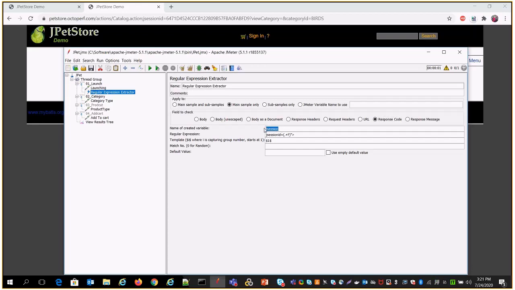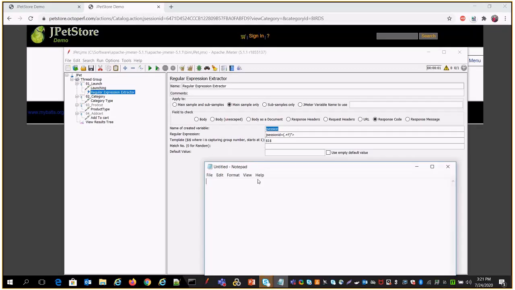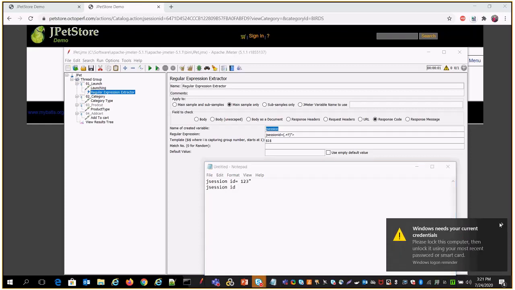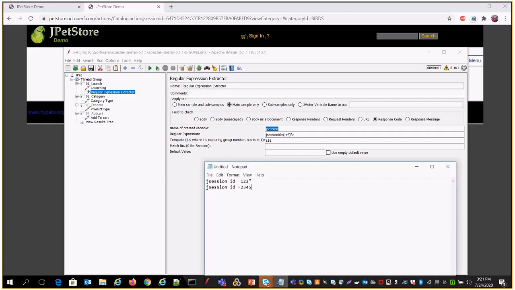So for our script, suppose you are getting some session ID, like jsession id is equal to 123, then jsession id equal to 3456, and the same jsession id with the value 5678.